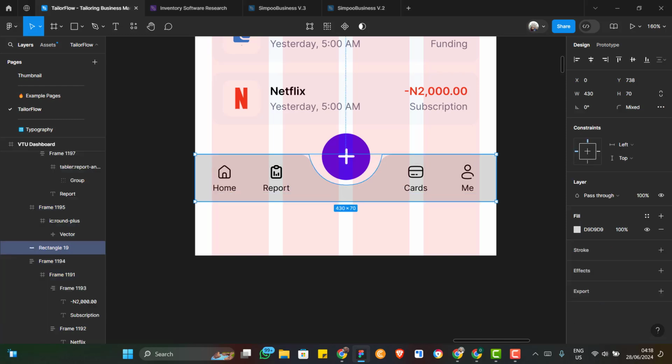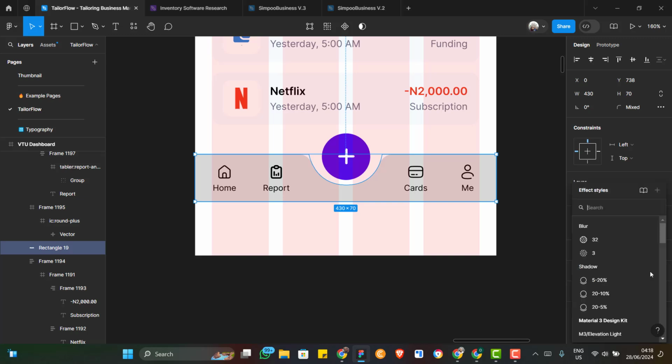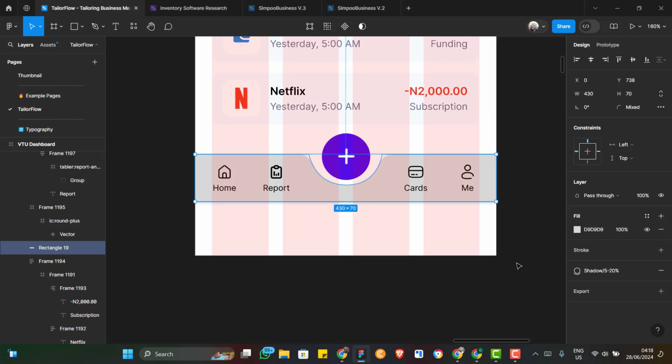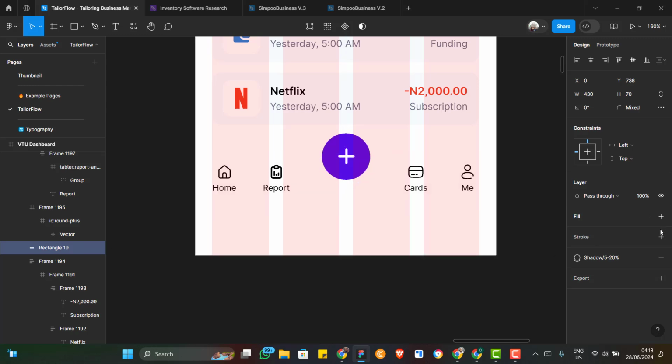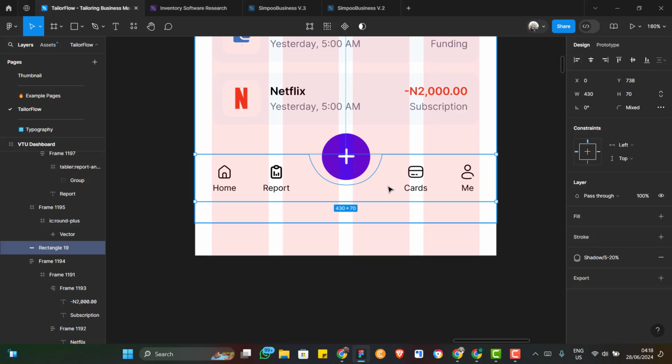Now we need to add drop shadow to this one right here, to this rectangle. We're going to be adding a drop shadow effect. Let's add a drop shadow effect. Let's add this shadow. Color, then as for this,